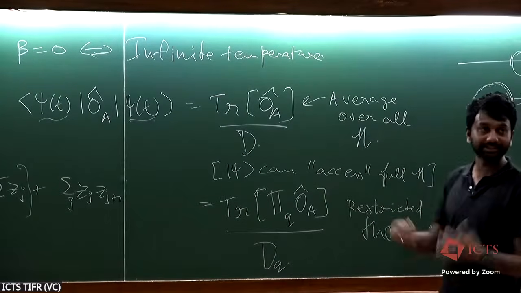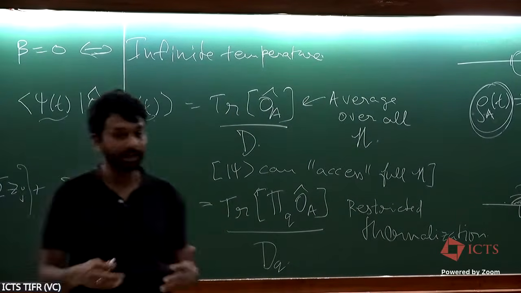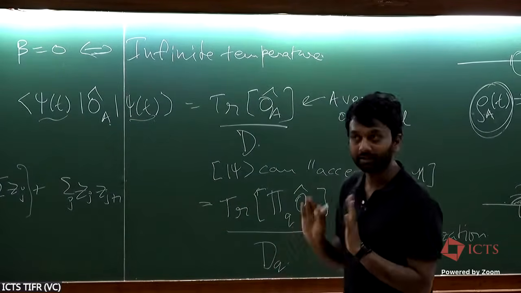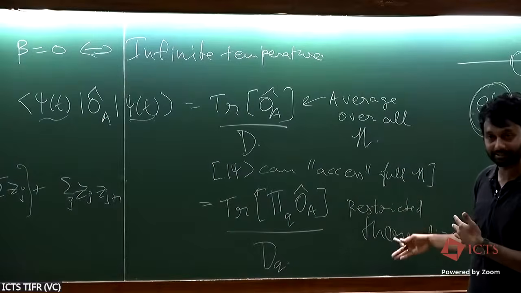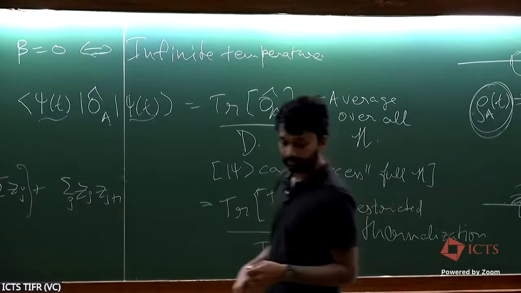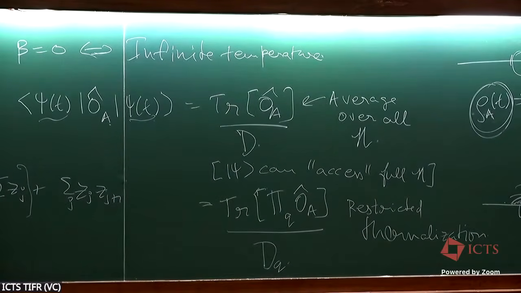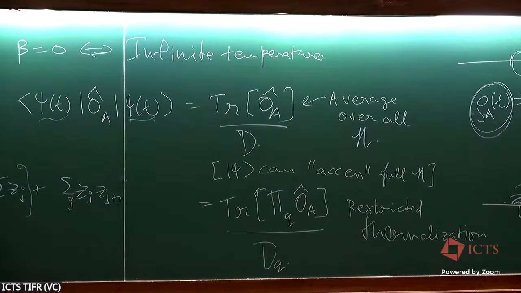So this is just saying that now my states do not get out of this block of the Hilbert space, and then to look at late time expectation values, I should just be looking at the average over the states in the restricted Hilbert space. There is actually a more sophisticated version of this. You might have guessed that if you have symmetries, you must go from the Gibbs ensemble to the generalized Gibbs ensemble. But I'm simplifying here just for this talk.